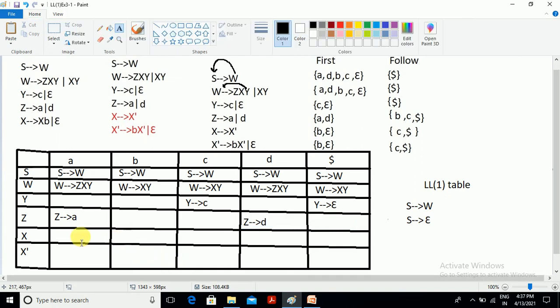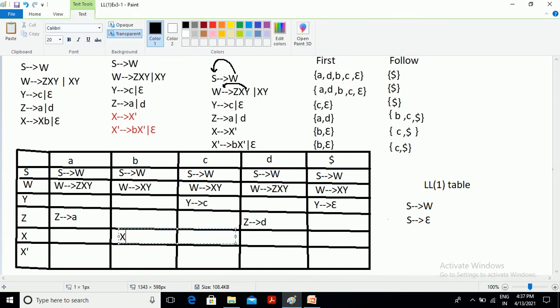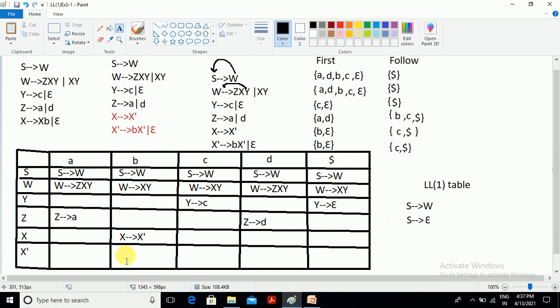And there is X. What becomes the first of X? B comma epsilon. B actually comes from X dash. X's first has epsilon, but it comes from the X dash only.